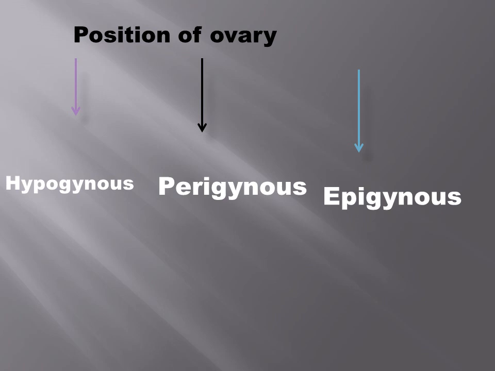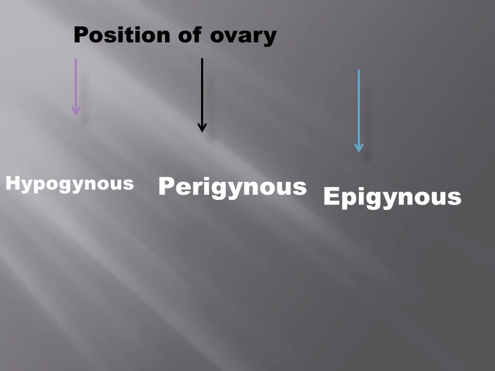While in the epigynous condition, a tube-like structure is formed around the ovary, and the ovary is completely enclosed by this floral tube. Other floral parts arise above the ovary. So the ovary remains inferior while the other parts become superior. So the epigynous condition is opposite to the hypogynous condition.